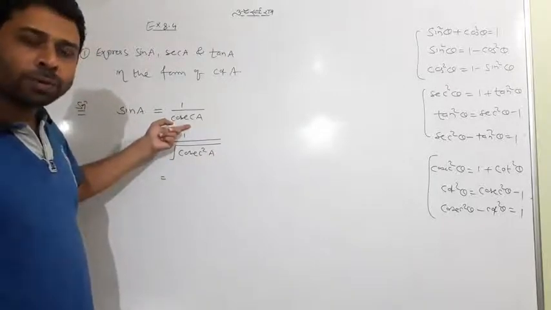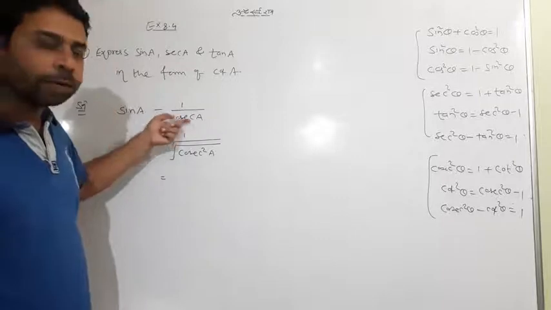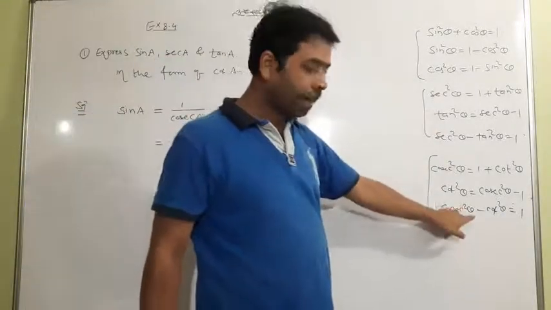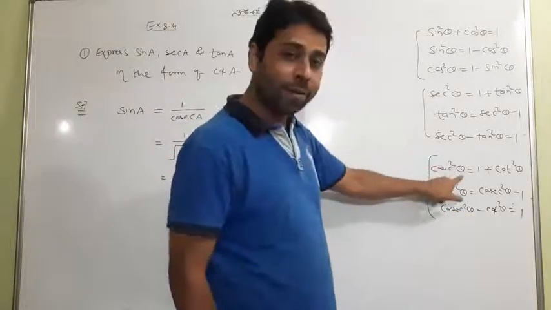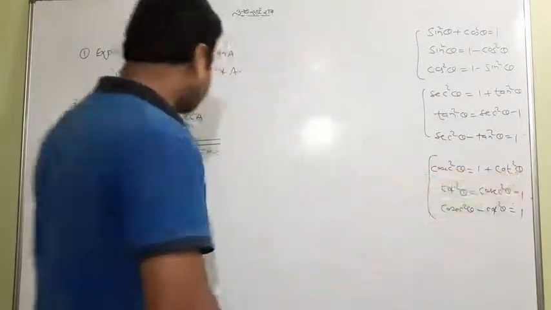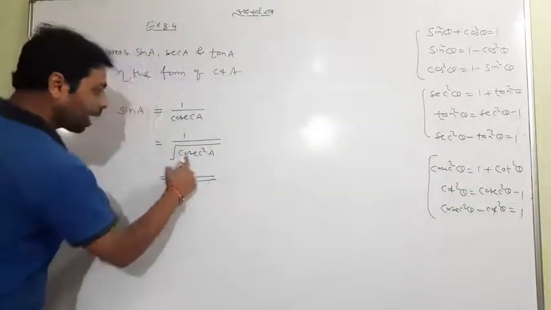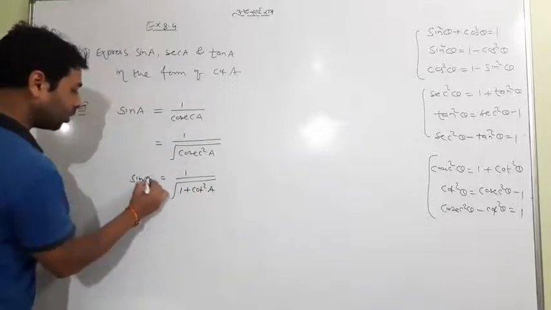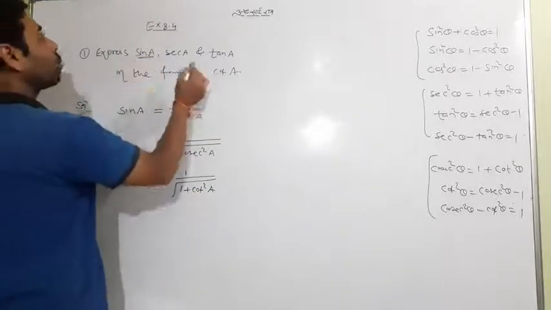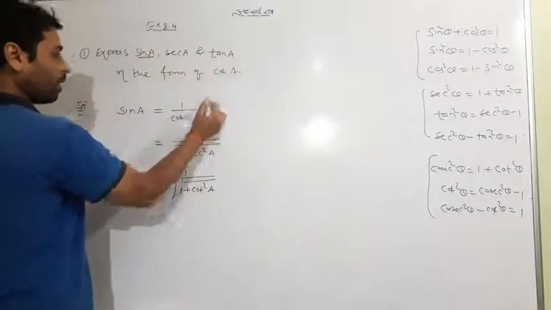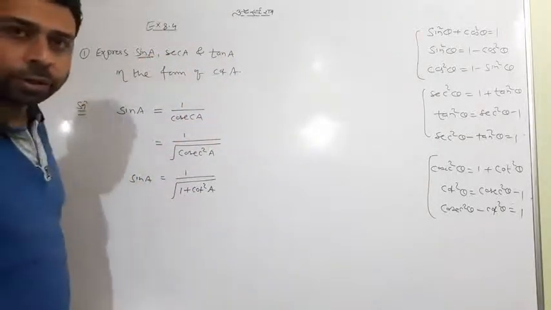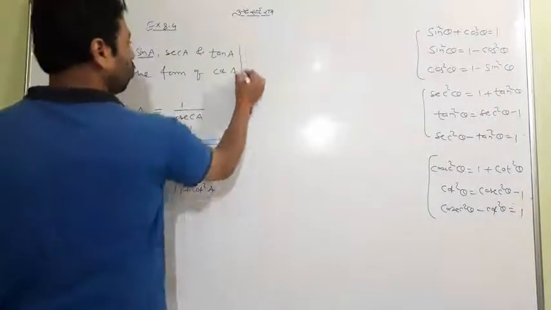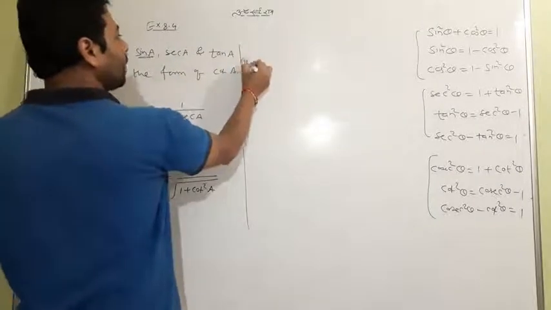Now you are thinking why we have written it like that. Why do we need to write like that? Because cosec square A has an identity: cosec square A is 1 plus cot square A. So instead of cosec square A, I will write 1 plus cot square A, and that is the destination because we are told to change it. We have to write sine A in the form of cot A. That sine in the form of cot A we have written. So hope, students, you got it. Very easy. Just use that. And furthermore, now we have a second term, sec A.